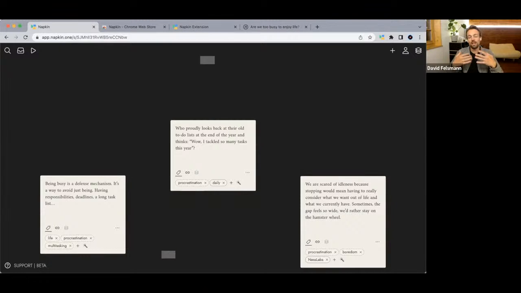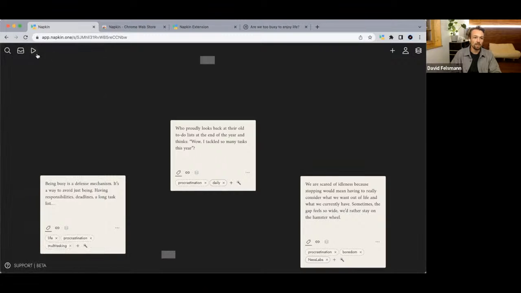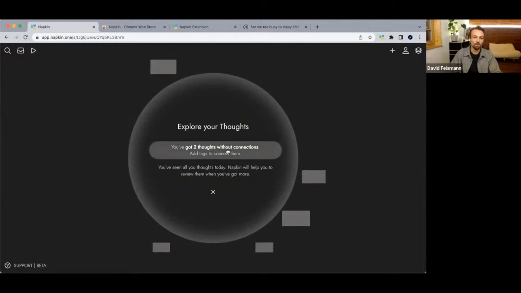So you can create sort of playlists of these ideas, and you can resurface them then over the search, which is on the left side. You could then look for everything around the tag daily. And what you could also do is use this button to resurface playlists. So for example,